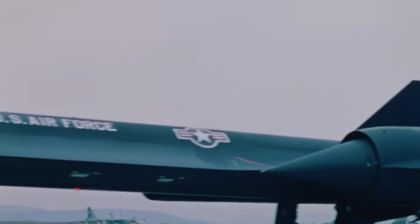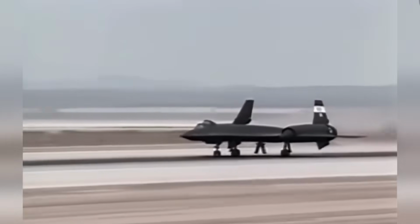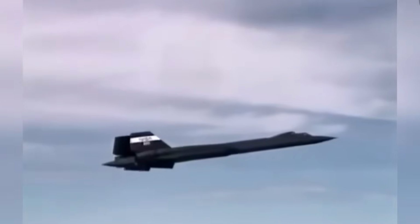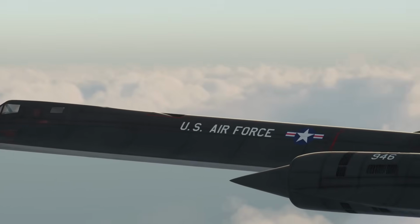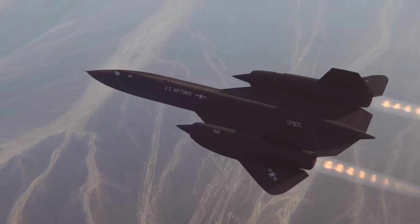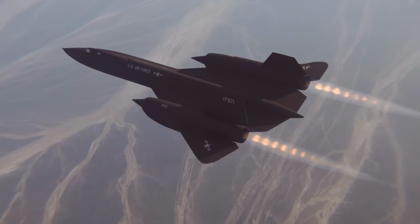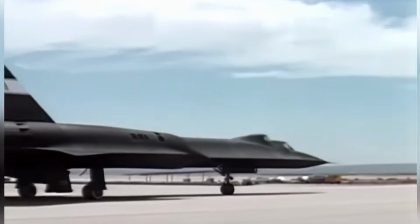Here is the question that should have occurred to you by now, and if it hasn't, it means the full strangeness of this aircraft hasn't landed yet. The SR-71 was flying at Mach 3.2. The air in front of it was compressing and heating to temperatures that threatened the structure. The engines were ingesting that same superheated, compressed air and trying to burn fuel in it. A jet engine at Mach 3.2 is not operating in anything like the conditions it was designed for at subsonic